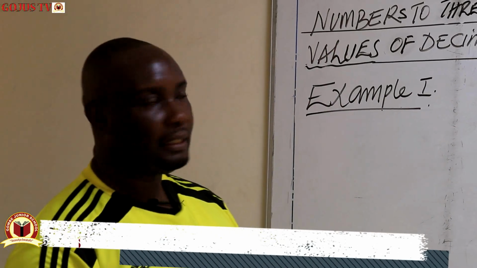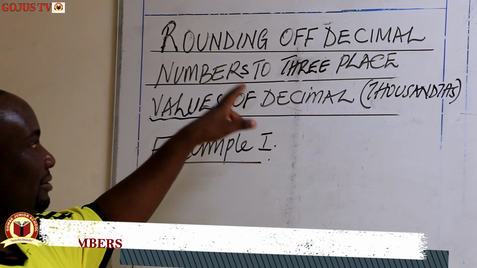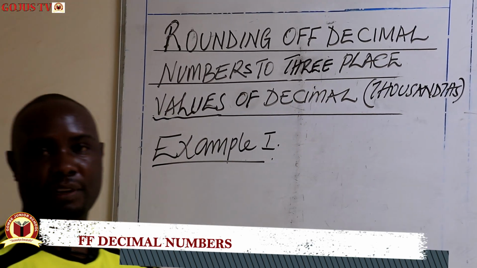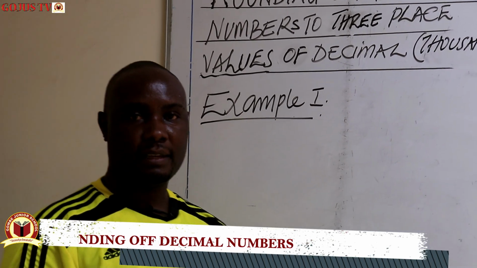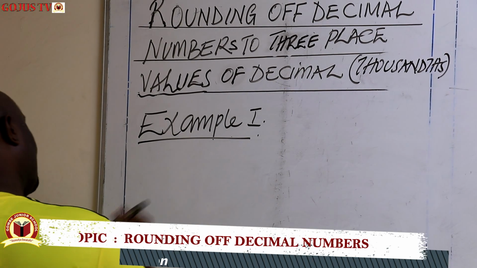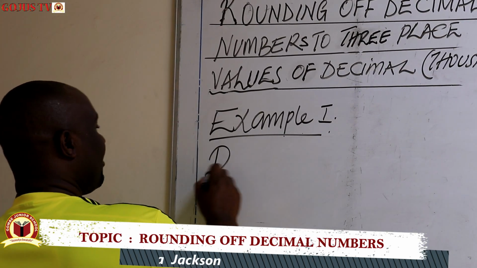Hello children, today we are going to look at rounding off decimal numbers to 3 place values of the decimal, which we refer to as thousandths, which means we have to be very considerate of this. We can start with example 1 where we can be given a number like round